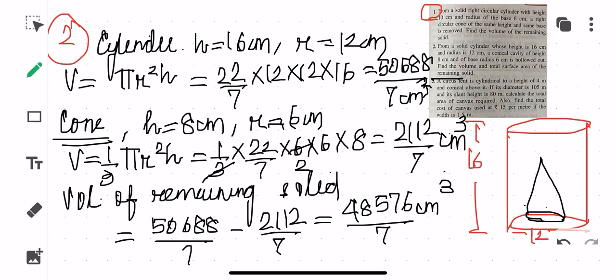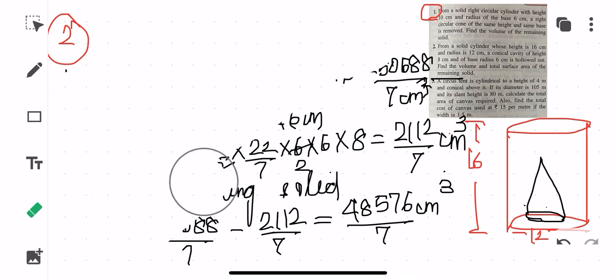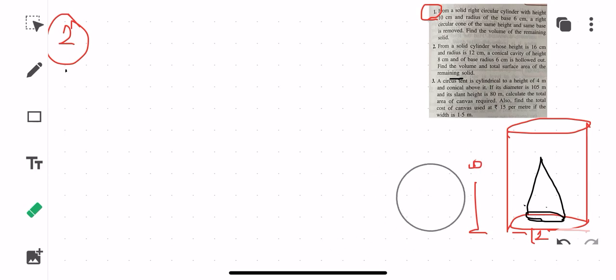That was relatively easy. But if you have to do the second part of the question, how are you going to do this, children? In that you need to find out the surface area. For finding out the surface area, children, again you will be finding out separately for the cone, and separately for the cylinder. Now in the cylinder, what you will be taking? You will be taking the curved surface area, and then you will be taking the area of the upper part.